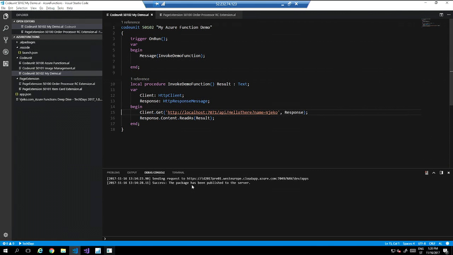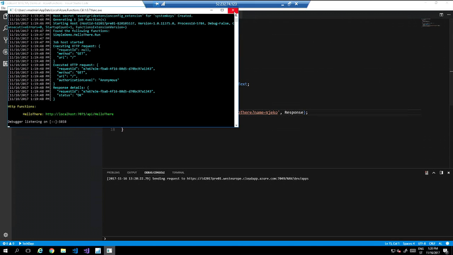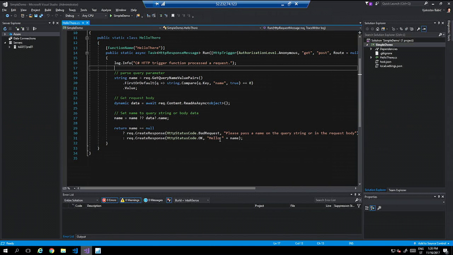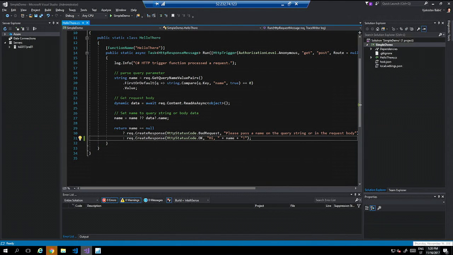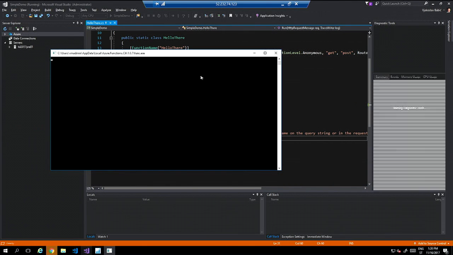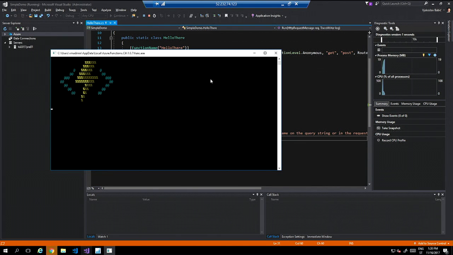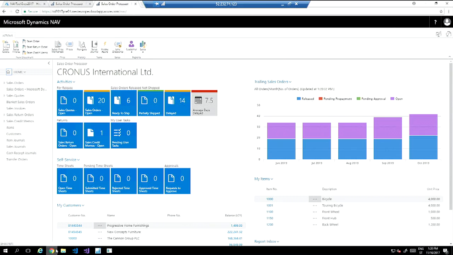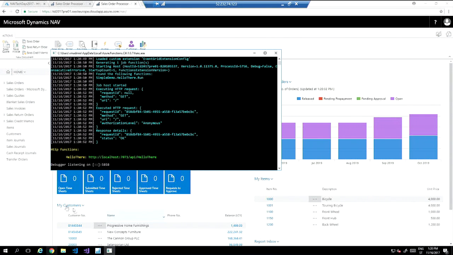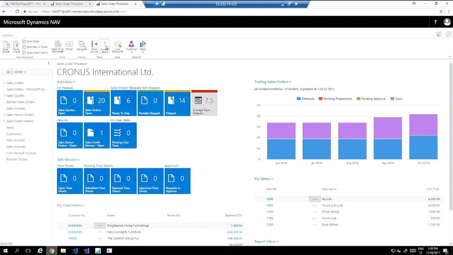Good. So let me do something else. Let me stop this, and then let me do just minor changes here to make it obvious that I'm actually working off my local machine, not from that application that we've seen. So instead of hello, I will just put hi, and I will press F5. So it will now redeploy locally. My NAV is already deployed and it's waiting, so when my function is up and running, which is now, I can actually click this and I will see